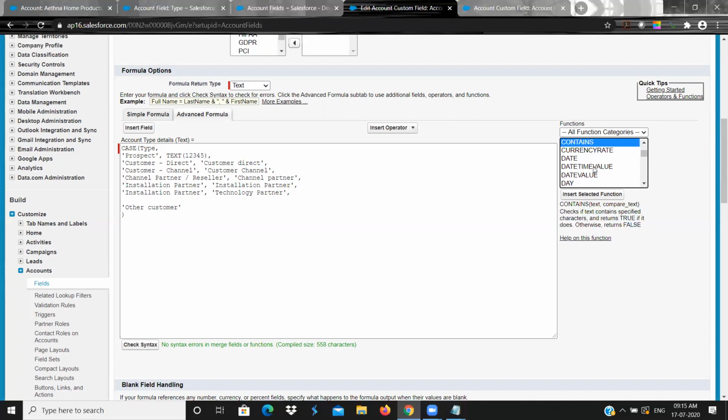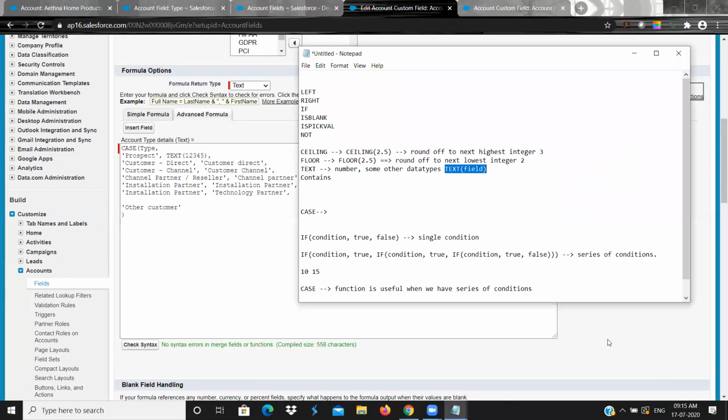See, this is also somewhat important. Contains. Contains is nothing but it will check whether the condition or the field or anything contains the specific word.